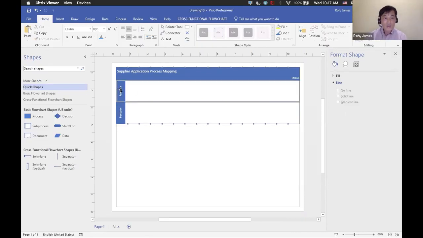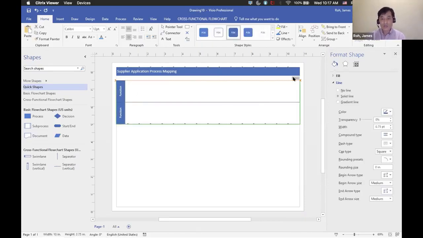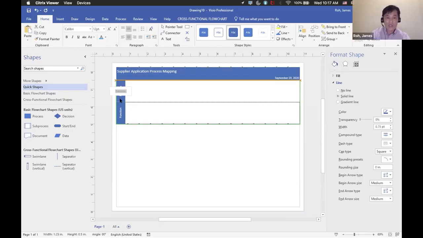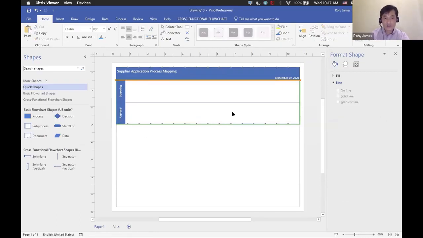And say you can just type the date. So say September 29, 2020, right? So that you know when you worked on this. And then the first function is, say, we have the screening function. And then the second one is the approval function. And the third one is